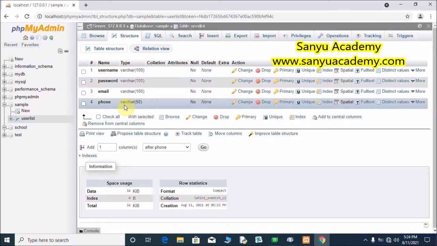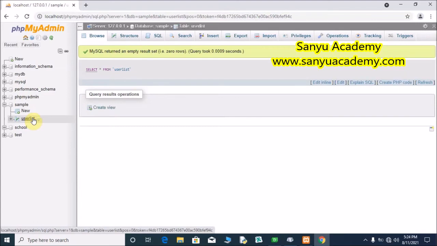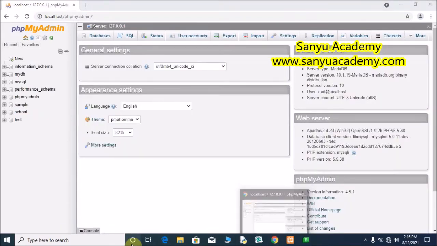Now we are going to write the Python code to register from the registration form, and all the details entered in the registration form will be filled in this user list table. When the user logs in on the login form, the user list table is verified, and if the username and password are available, it will show that it is a correct user, otherwise it will show that it is an invalid user. Open the Sublime Text editor.